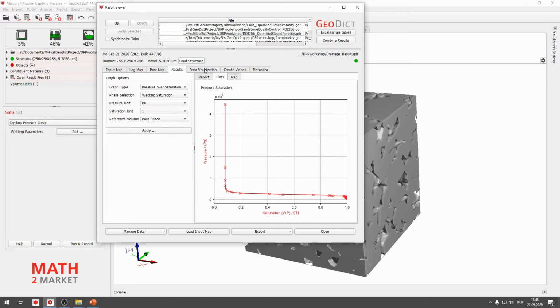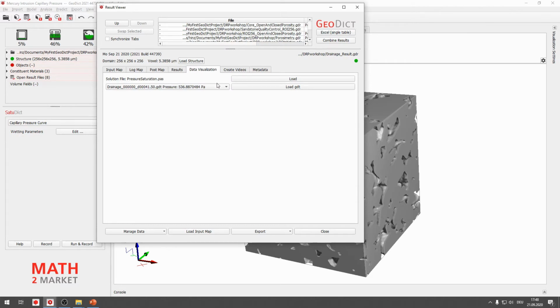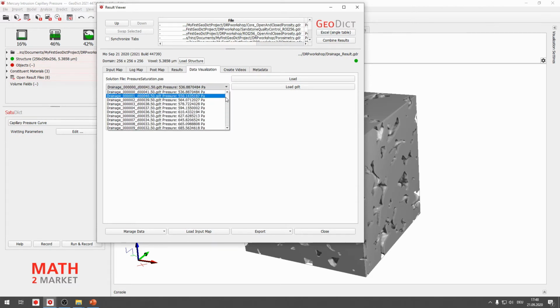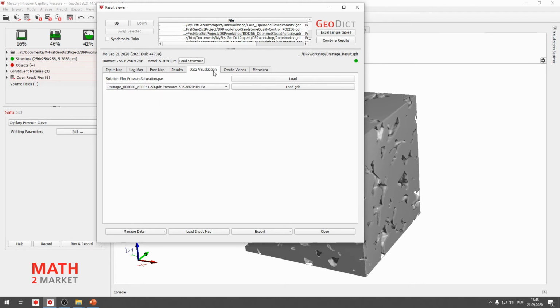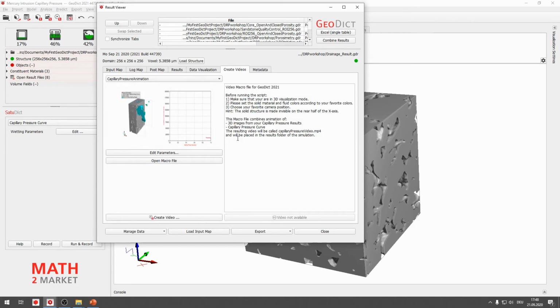There's also more to discover here in the result viewer. For example, you have the data visualization tab, which offers you the opportunity to load any intermediate step of your drainage computation. But even better is the Create Videos tab, where you can create a video visualizing all of the intermediate steps from 100% wetting phase saturation up to the final with the irreducible water saturation.